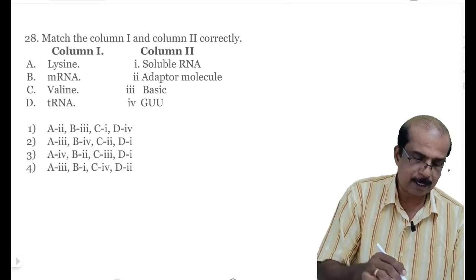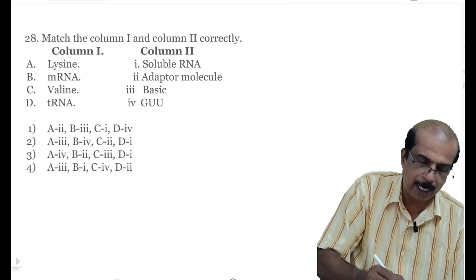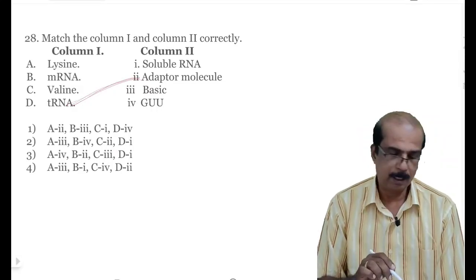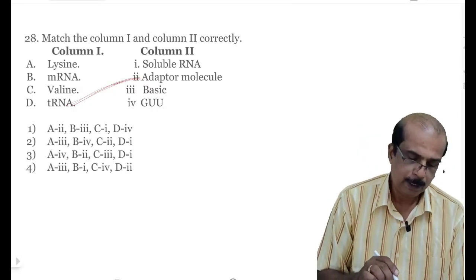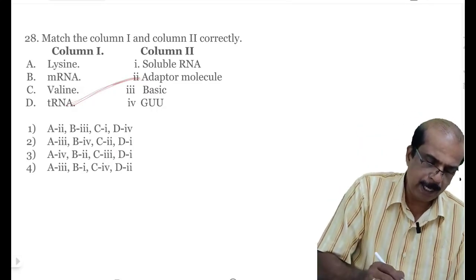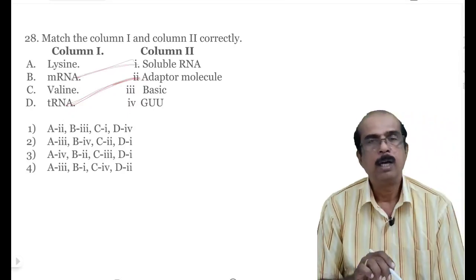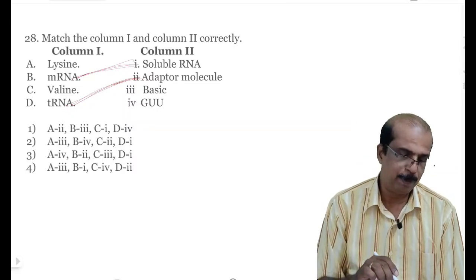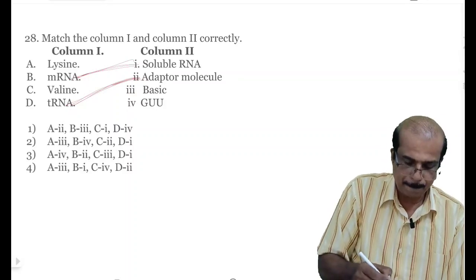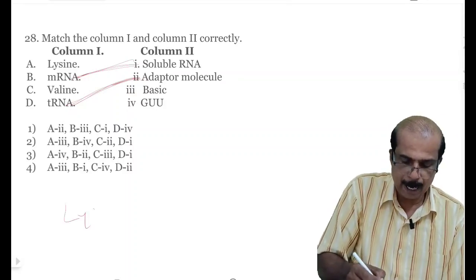So let us start from tRNA. We all know that tRNA is the adapter molecule for protein synthesis. tRNA, adapter molecule. Then mRNA, after its function, is degraded. So it is called a soluble RNA. Then lysine and arginine